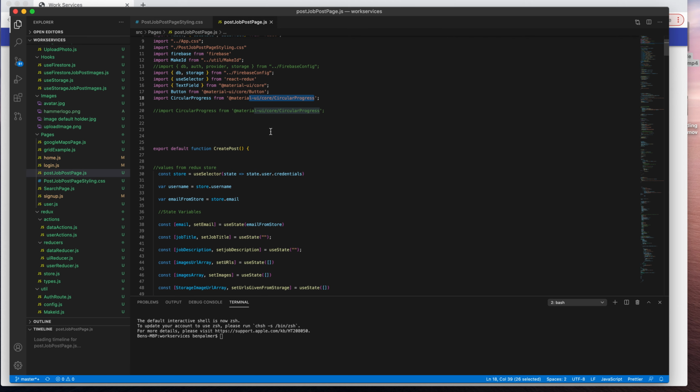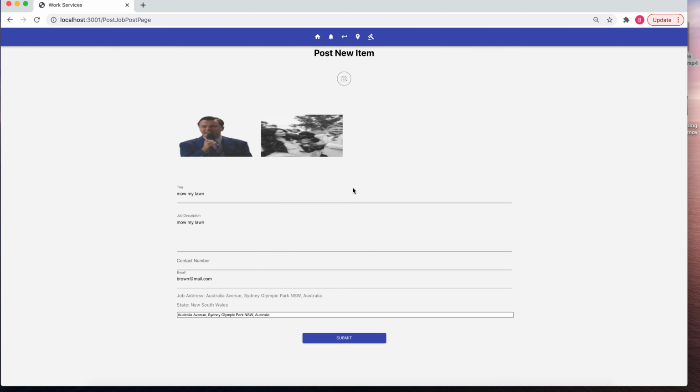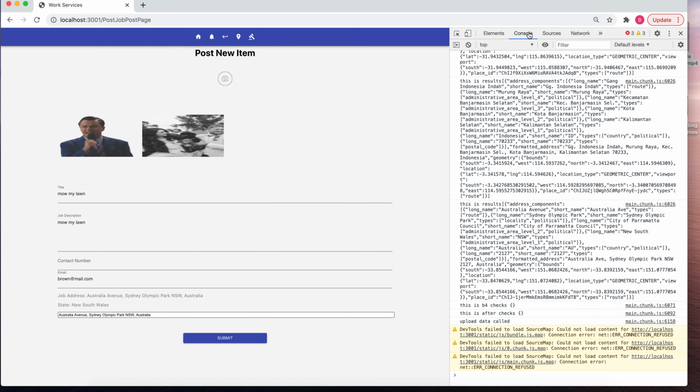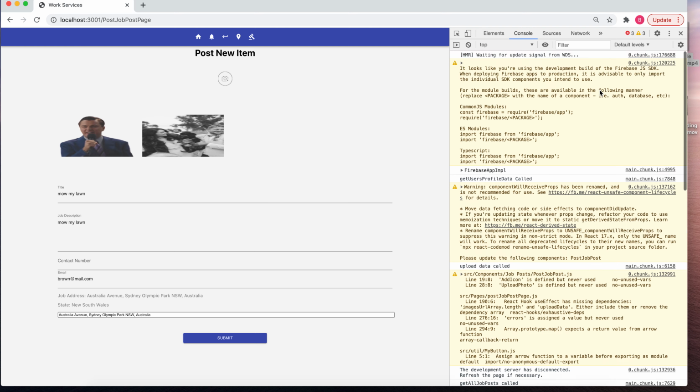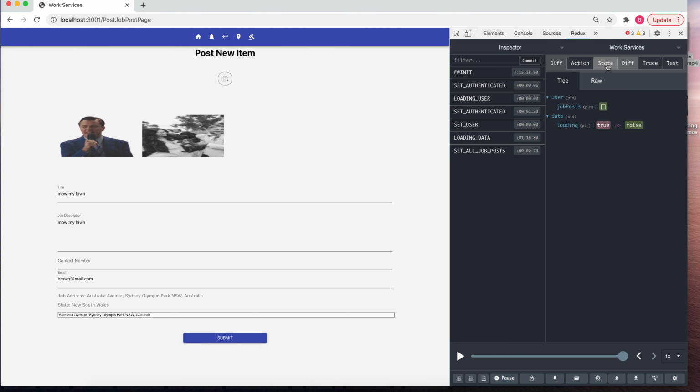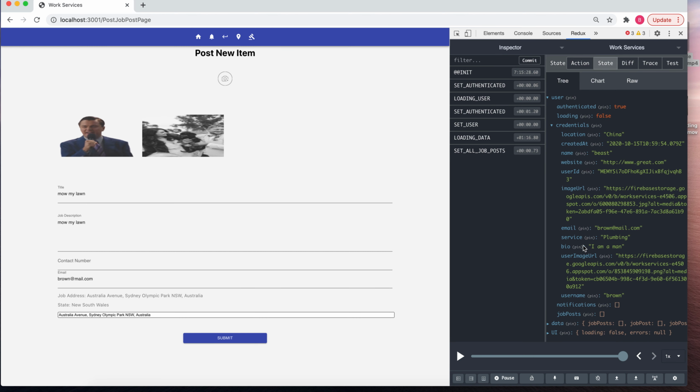Okay. So now we come into here. Inspect. Probably have a few errors here. I haven't cleaned up as yet. Where are we? Redux. We'll go to the store. State. User. So in here we have the email, stuff like that. To access that